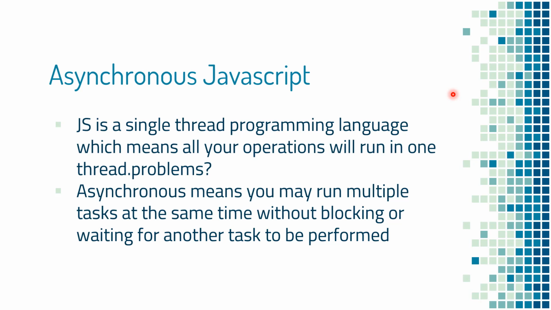And instead of just going with synchronous JavaScript or single-threaded JavaScript, an asynchronous method means you may run multiple tasks at the same time without blocking or waiting for another task to be performed. And this is a really desirable objective for any backend service, because you are not just serving one, or let's say helping one user at a time. You are serving your files to multiple users at the same time. That means you have to have asynchronous